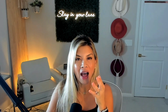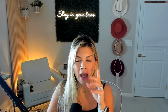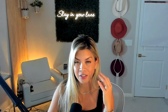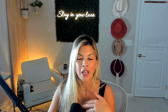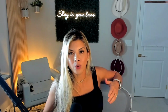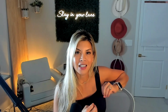Now, why are these loan options so popular? Well, this is why. Everyone's first mortgage interest rate, for the most part, is super low. That's if you purchased during COVID or refinanced during that period, you're likely to be in the 2s or 3% interest rate. However, this market that we're in, with higher interest rates and purchase prices being higher, has a lot of